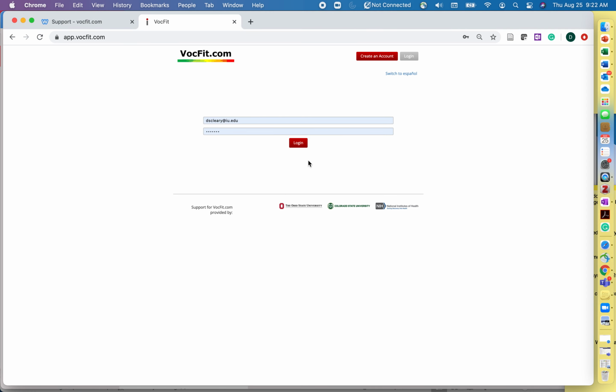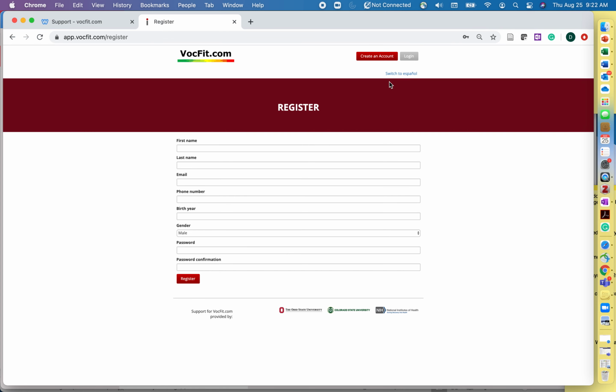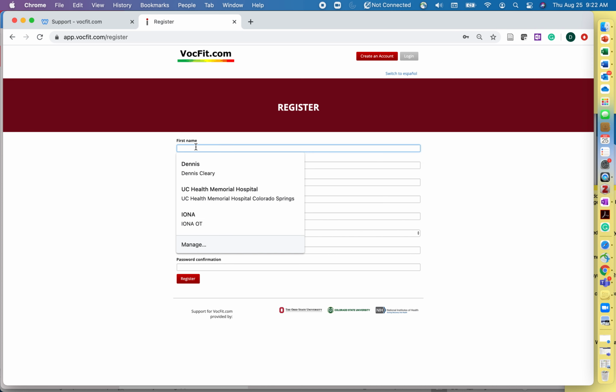Now I have an account, but if you have an account, you want to just go ahead and log in. But if you do not have an account, you're going to create an account. So I just clicked on the create an account on the top right hand button there, the red one, and you're going to write your name